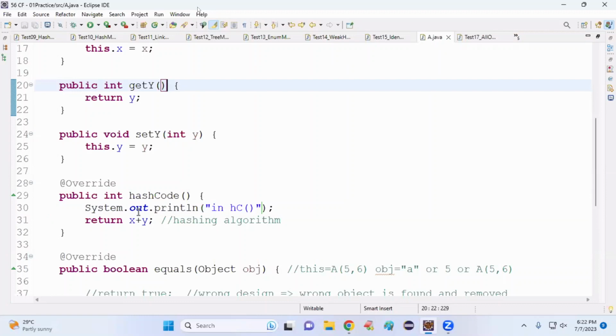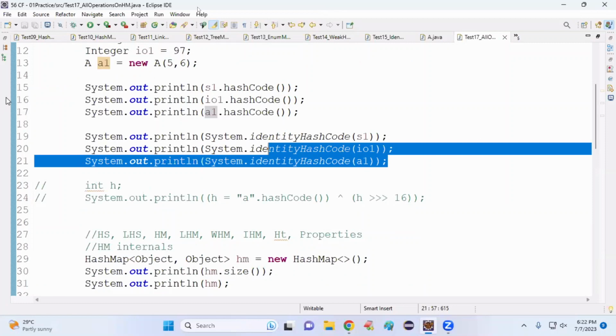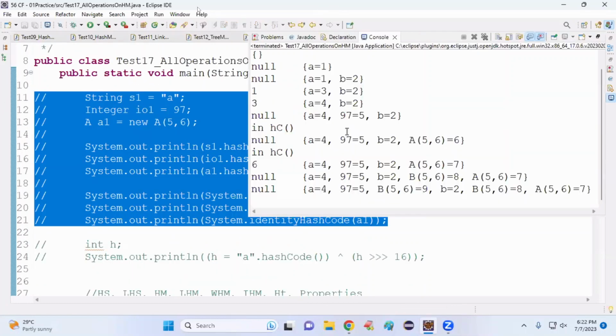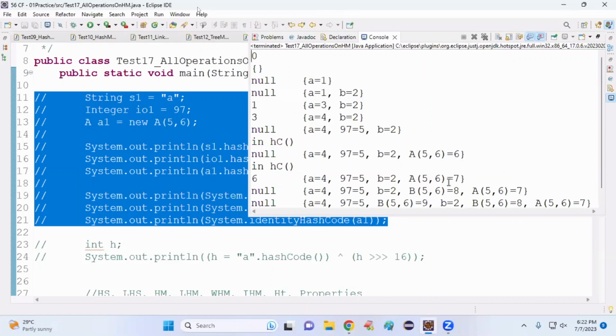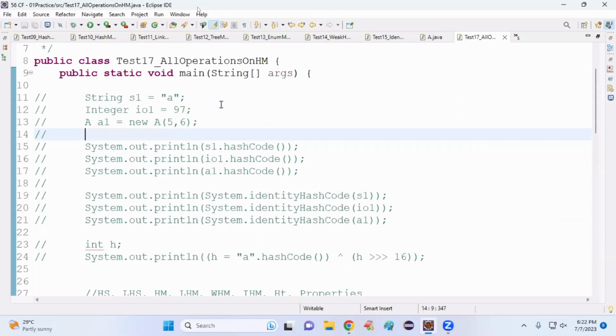Go to the map class. I am commenting. Control F. We got "in hash code" and the A object is added, and the A object is replaced, right? So when you add objects to a map, like HashMap, LinkedHashMap, WeakHashMap also, if you add